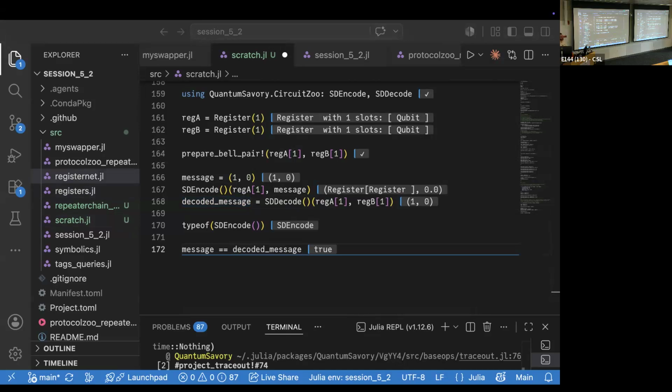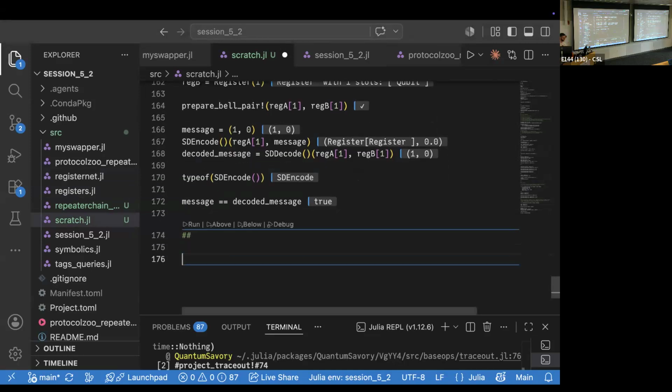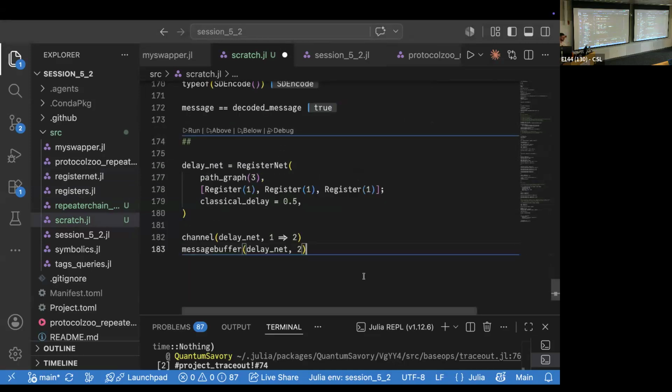So let's finish with the quantum modeling with 5 lines of code that basically should get us up to date with the first part of the initial example we saw, that is the register net. So the register network simply puts together a bunch of registers. And you can check the documentation. You just look up QuantumSavory, and there is the API. You can see all the different parameters you can pass, but 99% of the time, you're just going to pass